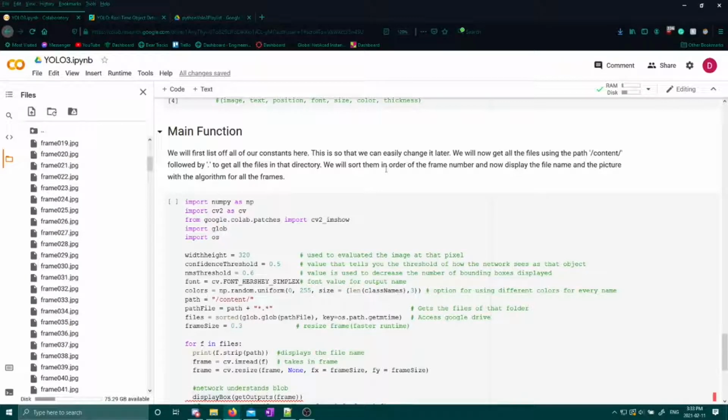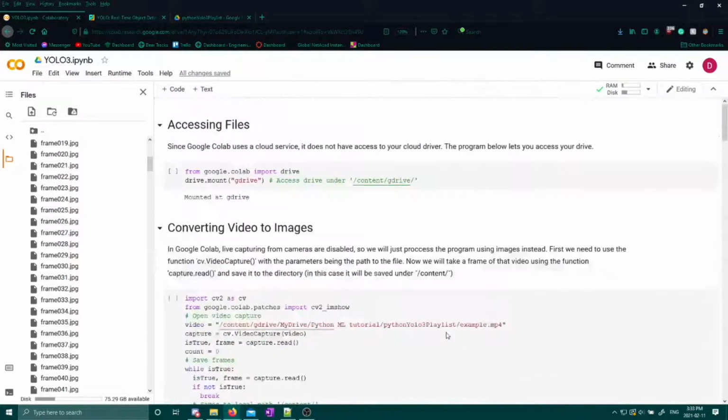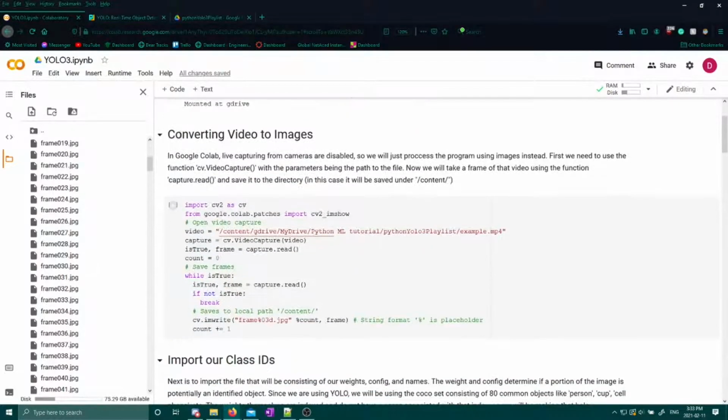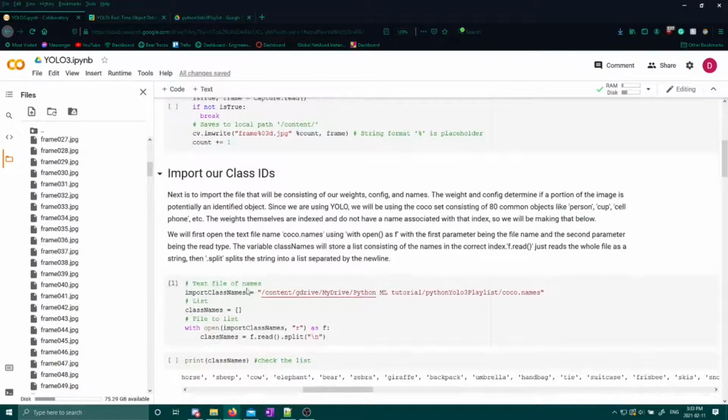Now lastly, we will generate our main function. As you see below, I do not have a defined main function, as it is assumed that you have already run all the code above. The code that you need to run will be converting the videos to images, as you can see here, and then importing our IDs,